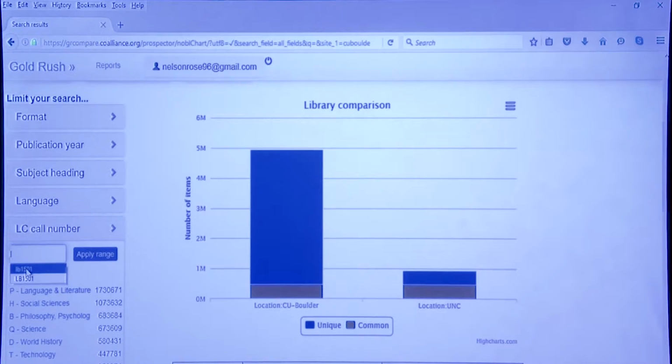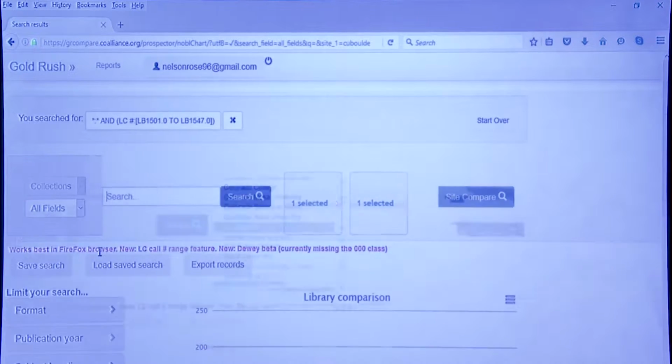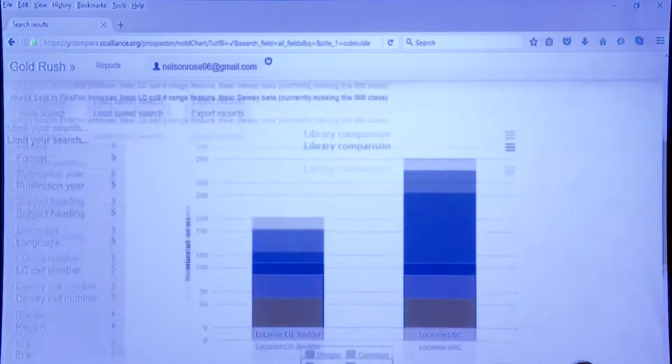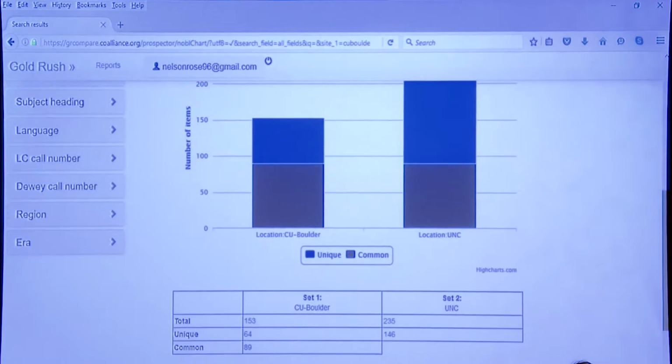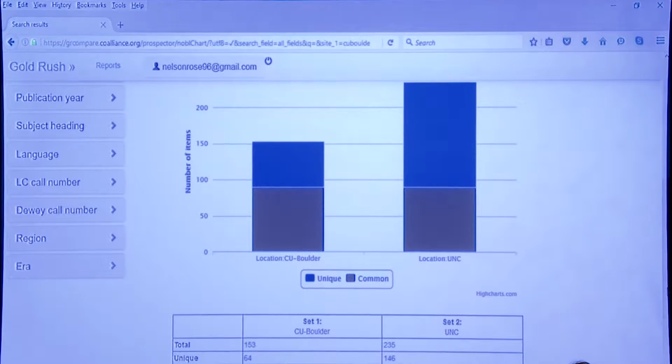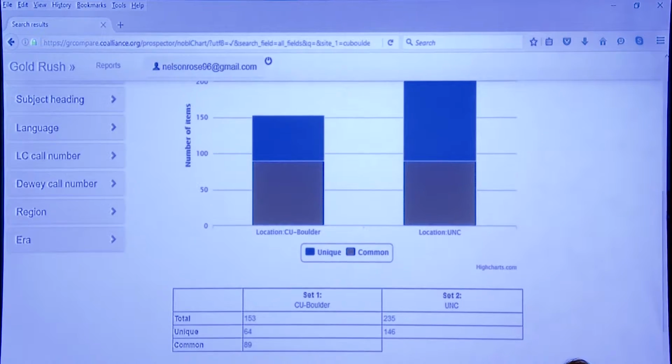UNC has a strong education curriculum, so I'm going to limit my search by primary education. I did LB 1501 to LB 1547, and that just happens to be primary education. You can see the results have already come back. It's interesting because even though CU Boulder had almost 5 million records, with UNC, when I limited to that small call number range, UNC actually has more records. So UNC, with this strong primary education